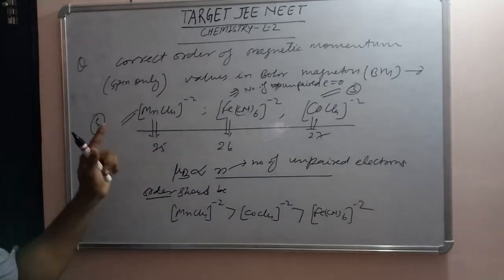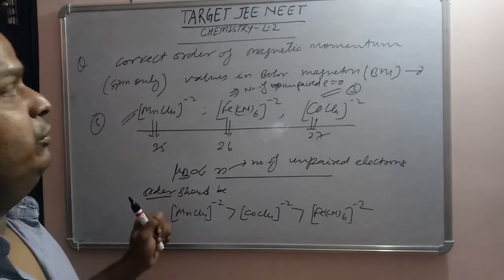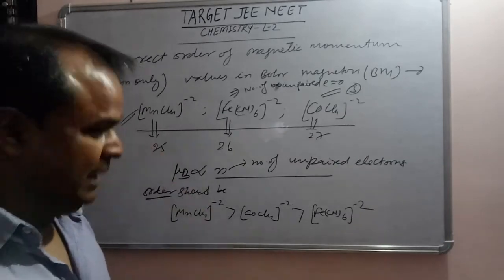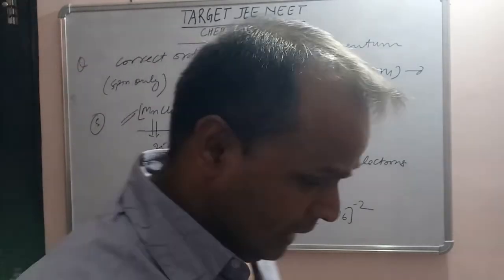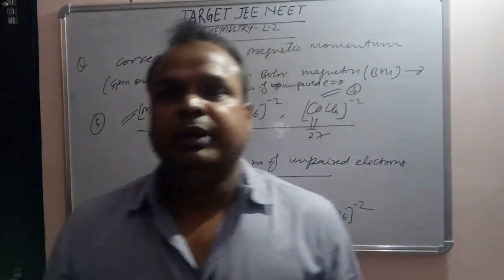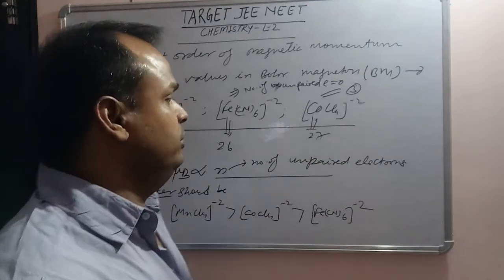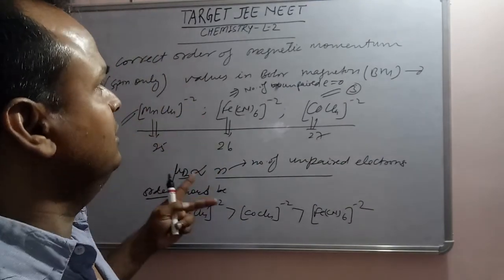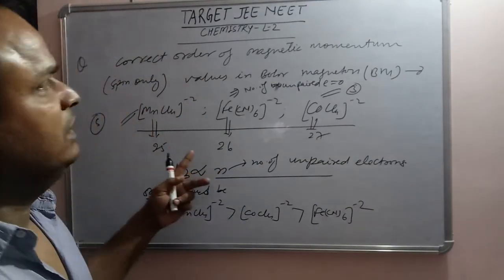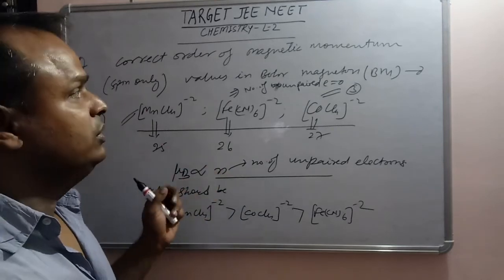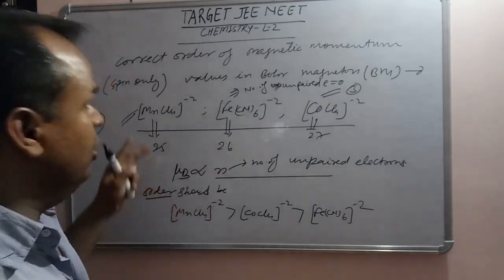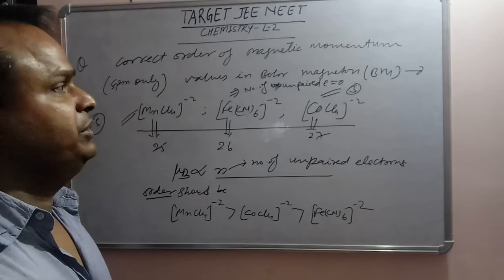Now by this you can easily find out which is diamagnetic, which is paramagnetic, and if you have a clear idea about diamagnetic and paramagnetic, you can find out whether it's showing color or not. So this is basically based on the concept of complex compounds. In complex compounds you read all these things, so you should have clear pictures.